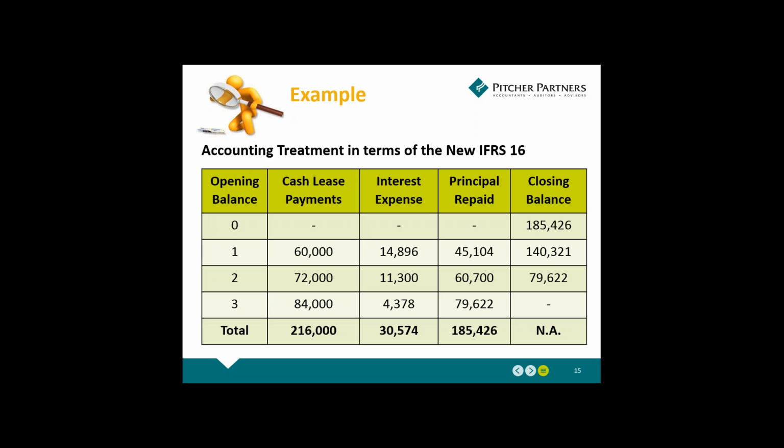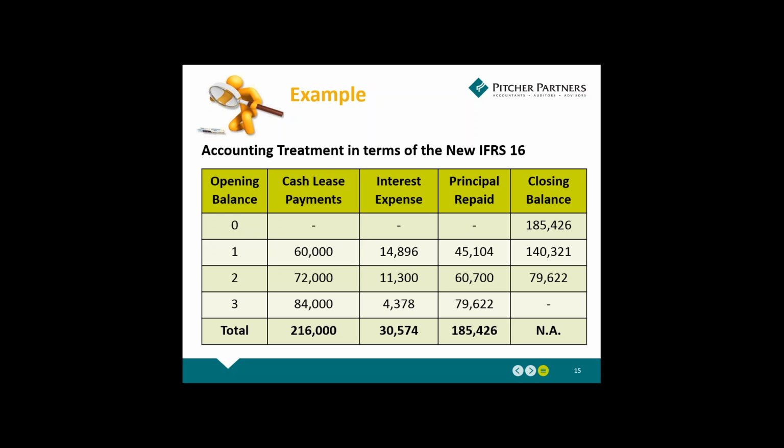If you look at the accounting treatment in terms of the new IFRS 16, we say as soon as you've decided it's a lease, and we'll talk about that decision a little bit later, but once you've got a lease, with the exception of two practical expedients, normally all leases would be accounted for in exactly the same way. And for all leases, you'll have to account for them as assets and liabilities on day one, and your lease installments is the repayment of that loan.